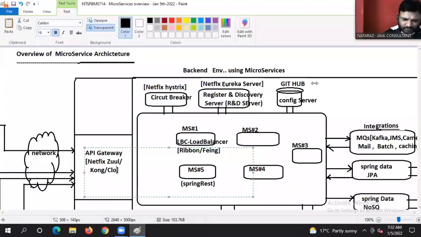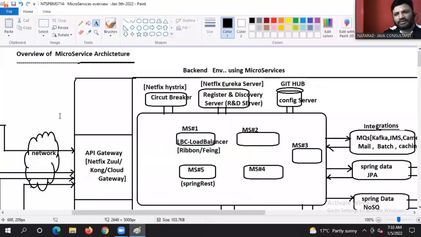Cloud Gateway we can also use, which is built-in with the Spring Boot environment. Only for knowledge sake, I am writing Netflix Zuul. Don't worry about it. I think most of the companies started moving to Kong only.